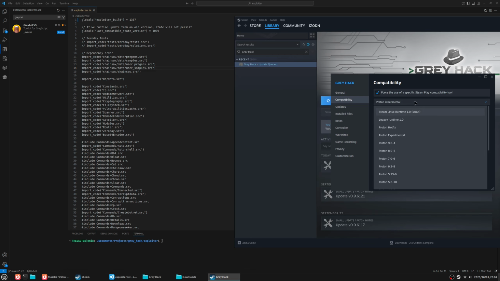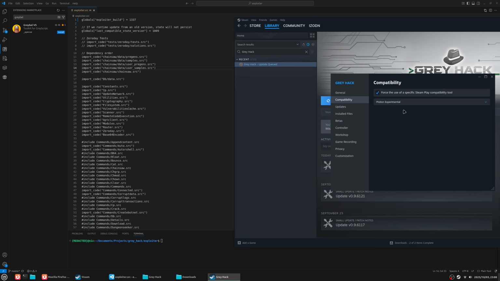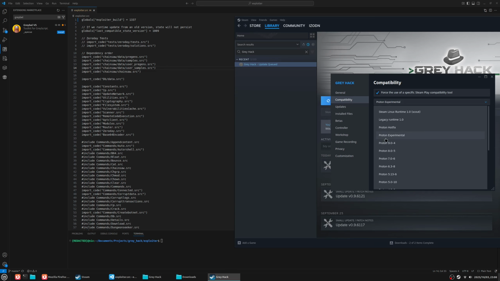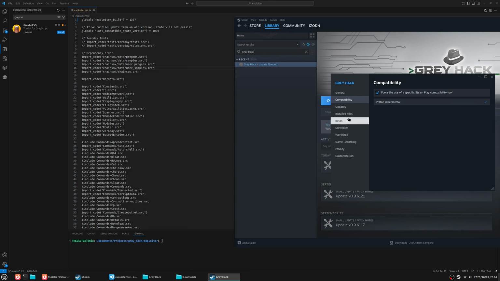Feel free to select one if you find something doesn't work for you. Linux, our configurations may vary, so just start with Experimental. If it doesn't work, maybe choose 9.0-4. And then we're going to go ahead and go to